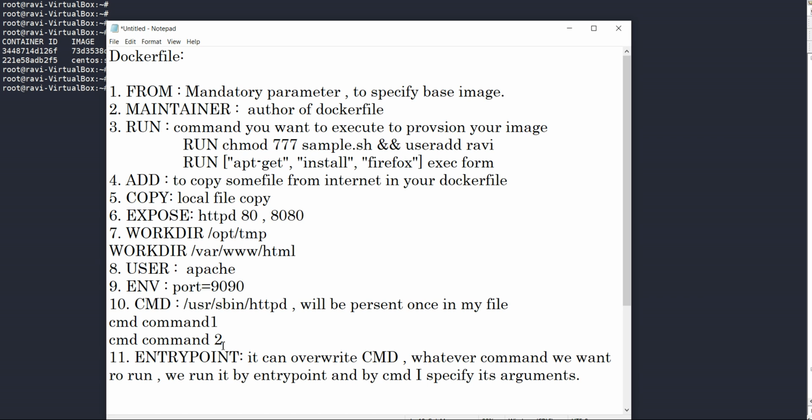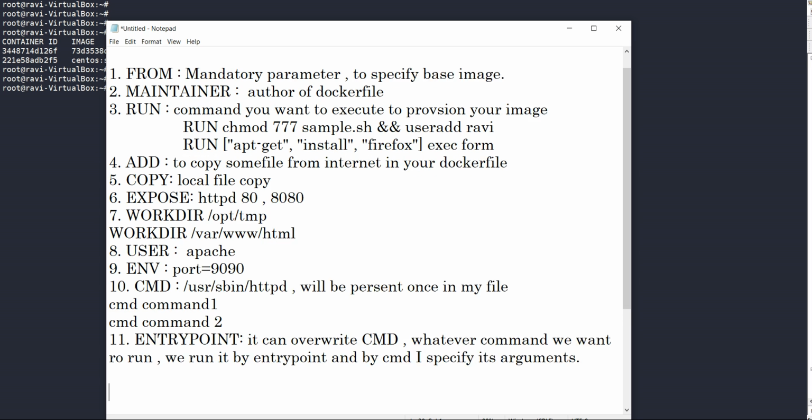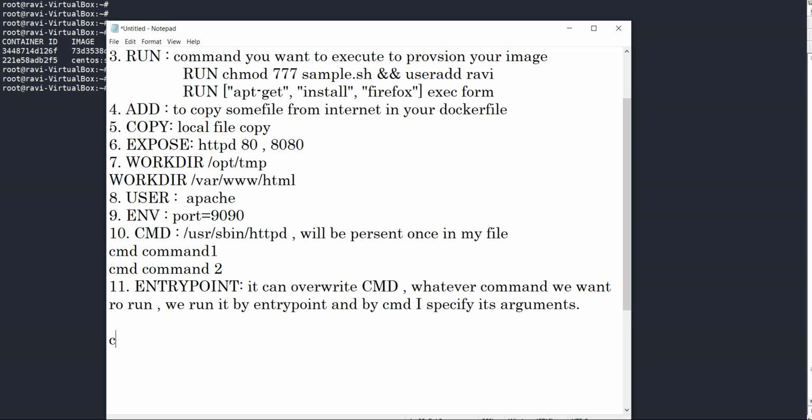So suppose I have ENTRYPOINT and CMD both present, like if I have CMD 1 2, this is my command, and then I have ENTRYPOINT, then my ENTRYPOINT will override my CMD command. When we use ENTRYPOINT, I will prepare an additional video, because these two, ENTRYPOINT and CMD, are somewhat confusing. I will create a separate video, but just for now,